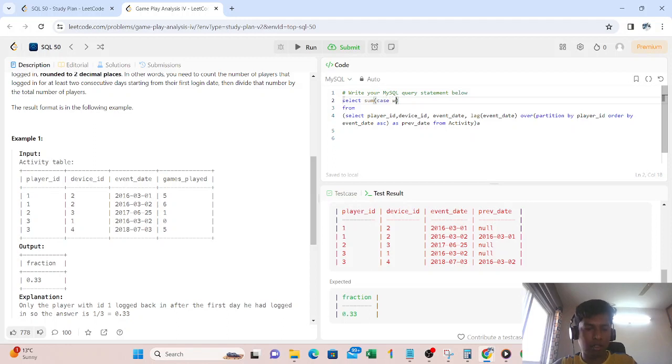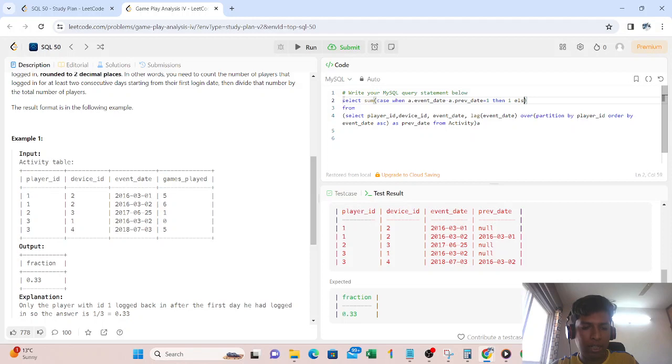Now in case when A dot event date minus, generally when you subtract on a date column it gives you the result in the number of days. So that capability I'm using directly to get to my answer. So I will put minus A dot previous date is equals to 1, then